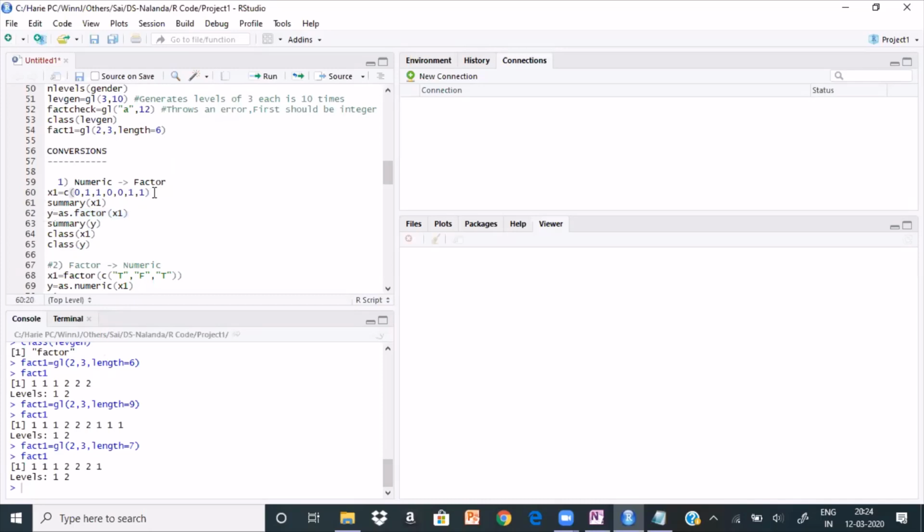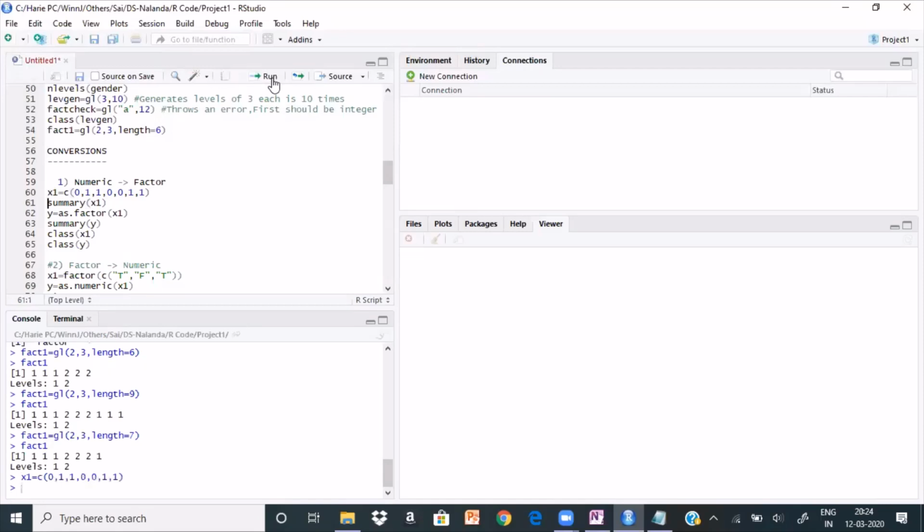Now here I'm creating an x1 variable, and I'm also assigning values to that. If you look into C, you have to first define the variable, then you have to assign the values. Here in R, that's not the case. Simply use the c function, the concat function, and you assign the values, and directly you create a variable. So x1 is a variable. Since there is a repetition here, automatically it is generating the factor variable. See here, when I just created x1.